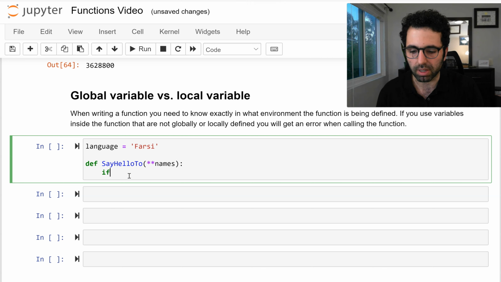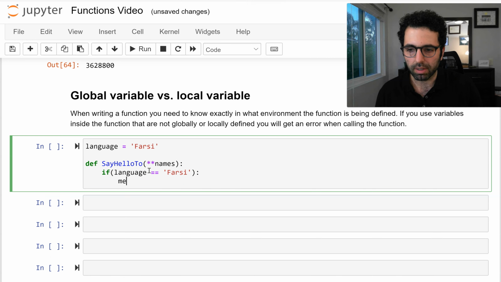So for instance, I say if this global variable language is equal to Farsi, right, then my message I want to be a little bit different. My message I want to be